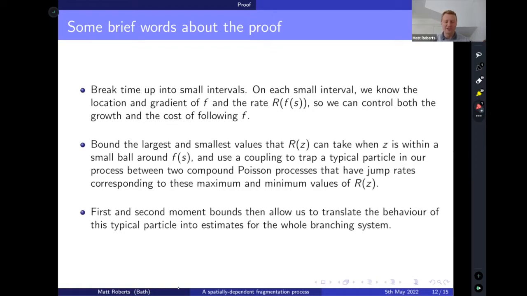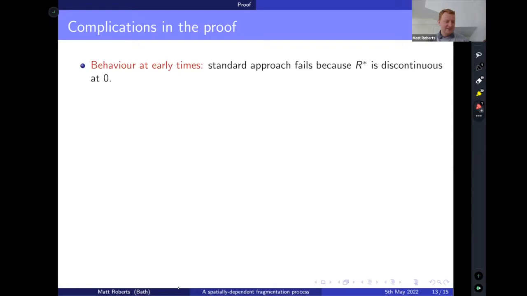and then the most broad brush version of the proof is that we then use first and second moment bounds to translate this behavior of the typical particle, which we can bound in this way, into estimates for the whole branching system via many-to-one, many-to-two formulas. But there are some complications. The discontinuity of R star and P star at 0 means that the behavior at early times is really hard to control. So